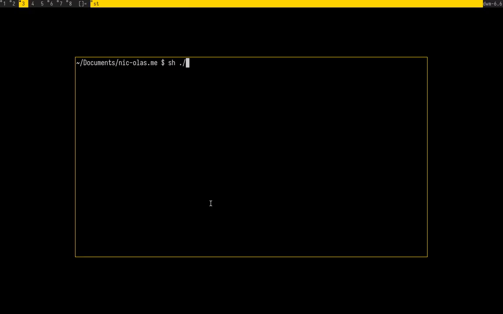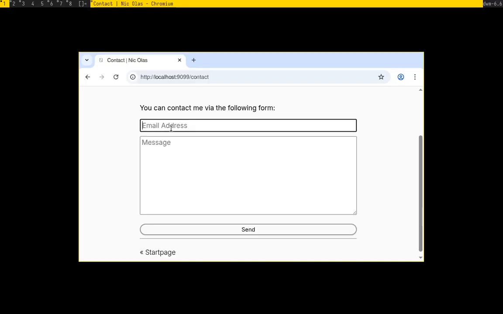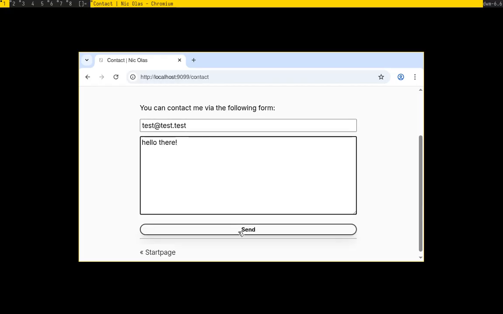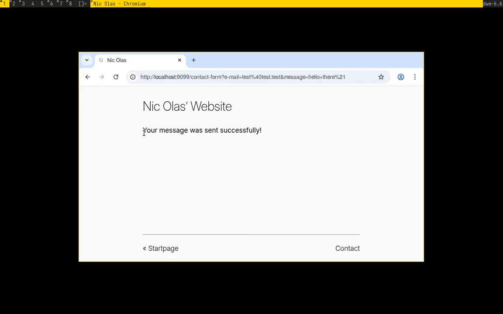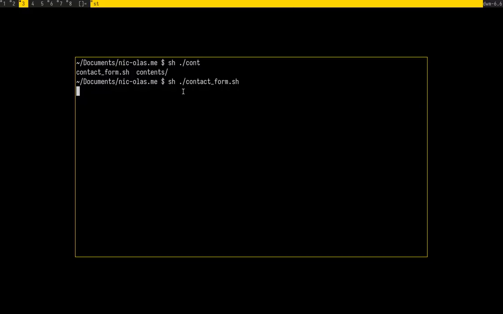If I run this, let's, for example, run the contact form. I just run this in the background on my server, but here I will, of course, do it on my local machine. And then insert some data here, for example, some test email, and then "hello there" as a message, and then send this. It will now say your message was sent successfully, and as you can see in your browser, it will use a GET request, and it will request this contact form page with these parameters we put in. Now, this shell script doesn't actually give you any output, but if I now quit this,